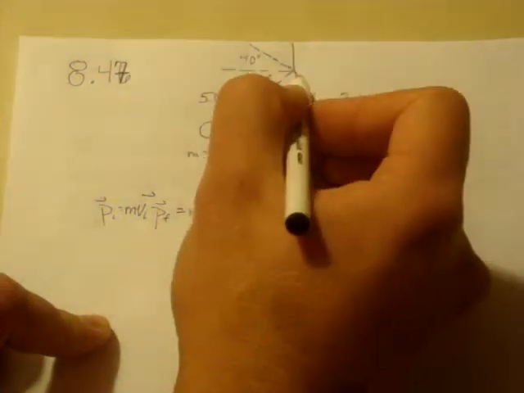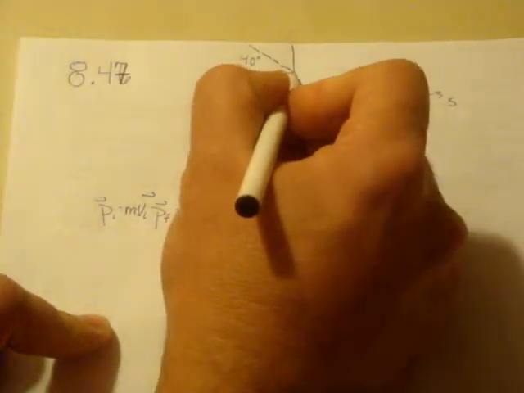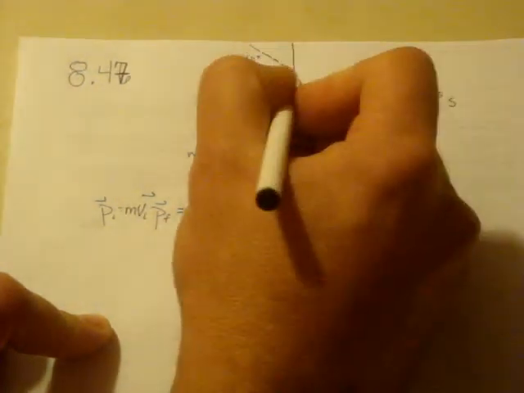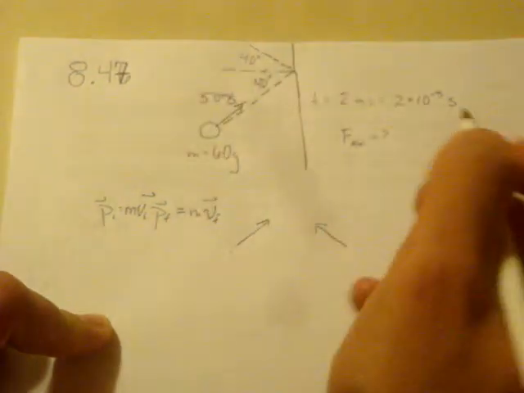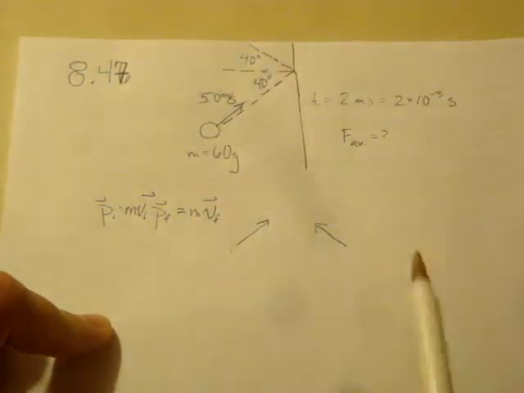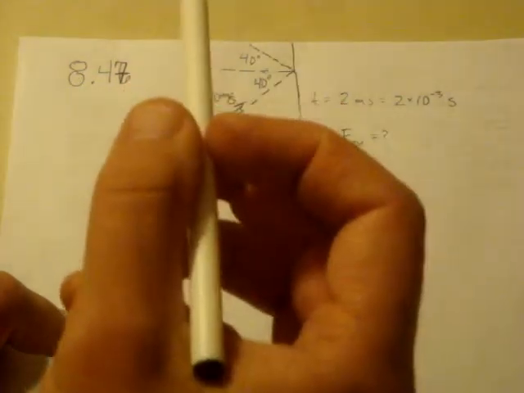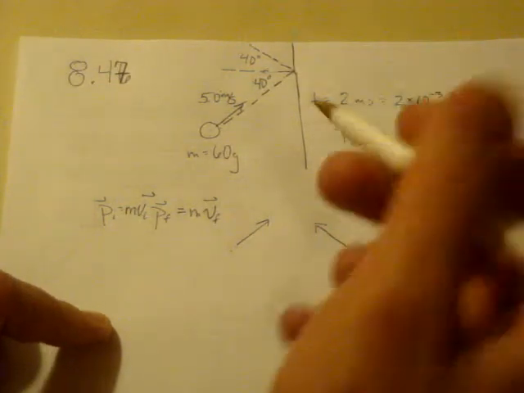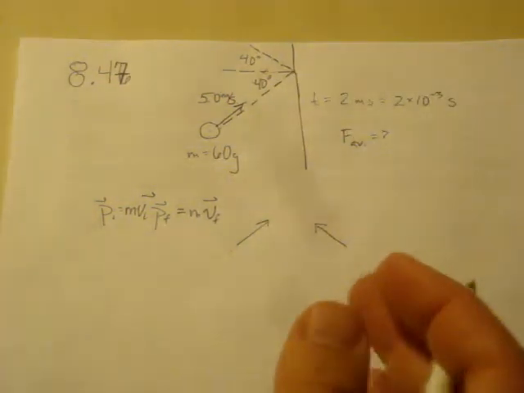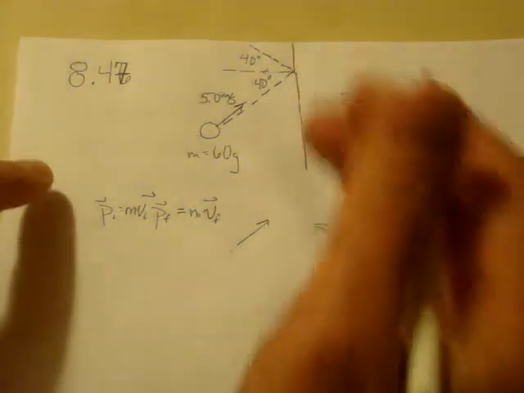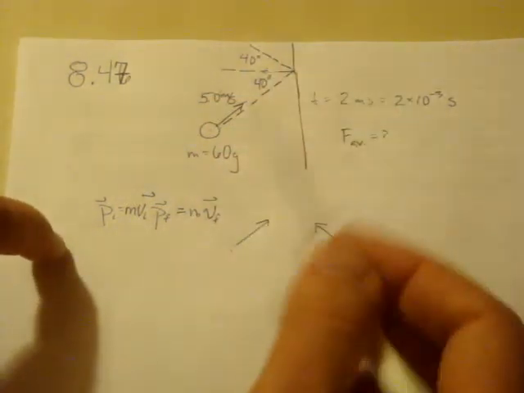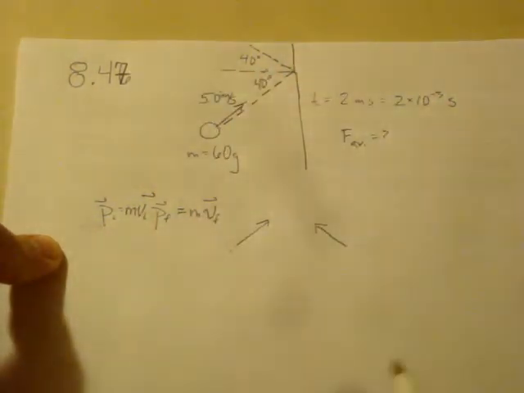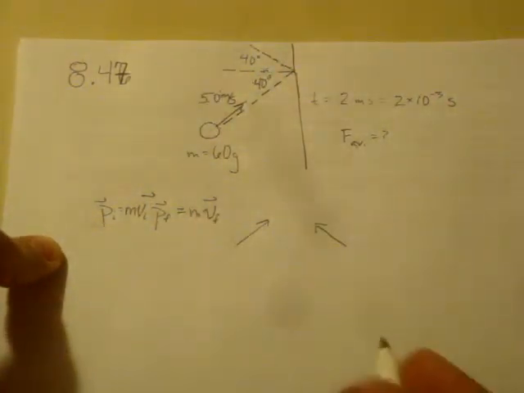Well, this is only a normal force, right? It can only act perpendicular to the wall, so this force is going to be exerted to the left. It can't exert a force in a direction that is parallel to the wall, because there isn't any object there. There's nothing actually pushing the ball in that particular direction. And we also know that because the ball comes off at a 40-degree angle, the exact same angle that it was incident at,